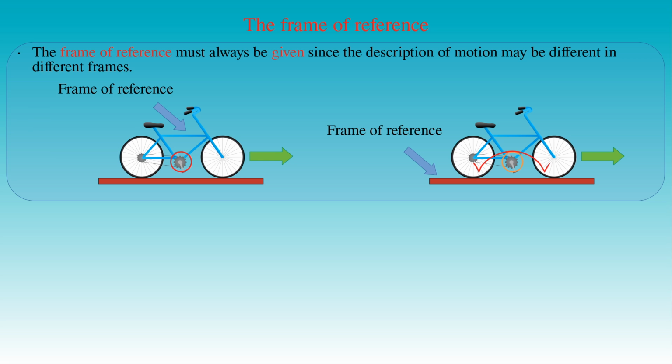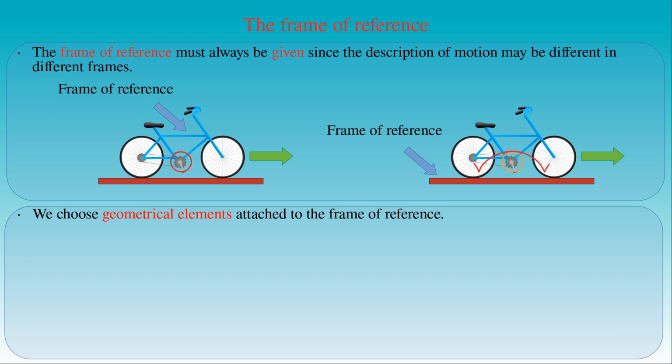If we want to describe the position of a body with respect to a given frame of reference, then we need to define some points, lines or surfaces, that is a set of geometrical elements attached to the frame of reference. Then we can measure the distance of these elements from the given body, which uniquely determines the location of the moving body in space with respect to the reference frame.